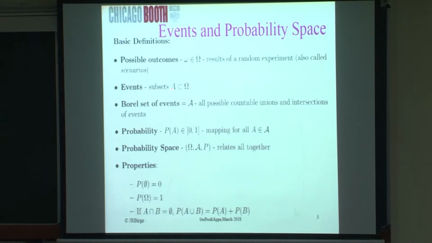And they tell us that we're in a particular part of all these possible outcomes. Now, we wouldn't have known what temperature it was going to be today necessarily. We wouldn't have known exactly yesterday. So we look at all the possible sets of events. So again, these events could be the set of all the possible temperatures that it could be today. And that gives us the set of these subsets. And then we represent that set of all these subsets by here I'm calling it Borel set, meaning that I can take these countable unions and intersections of all the events, and I still get something that's one of the events.